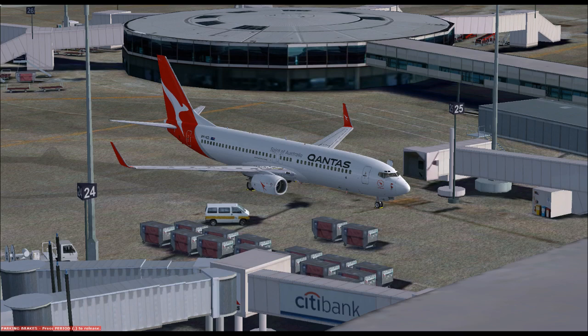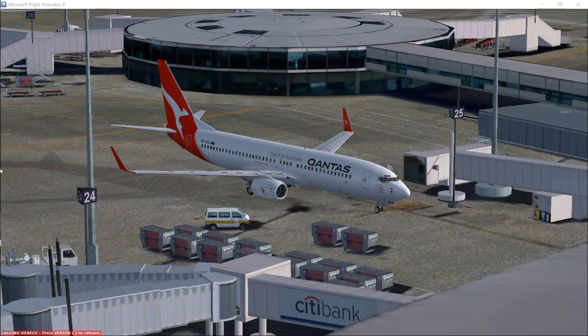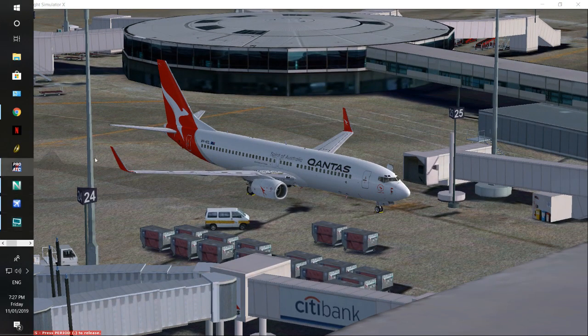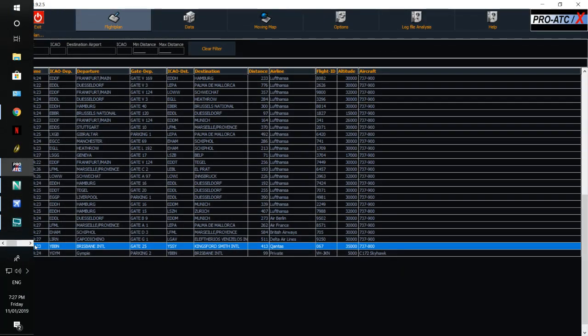Okay, alright, so what we're going to do today, I'm going to add another window. So we're going to add window 1 source. And I'll just add that and I'll drag that one there, put that there. I'm going to drag this other window 1 over. What I want to do is show you the PRO ATC. So I'm going to bring that there. So this is PRO ATC. Way better than the original ATC that